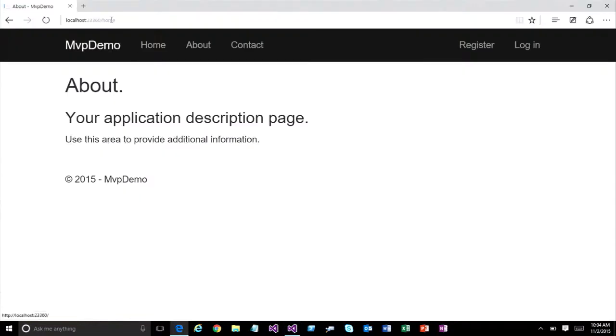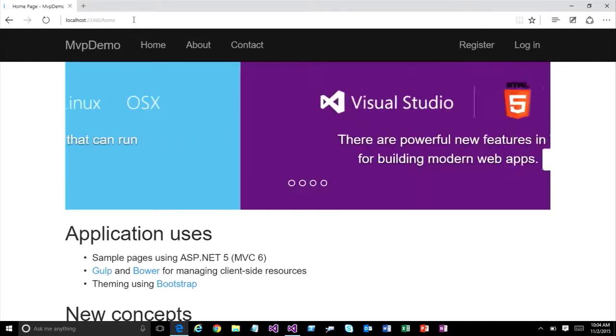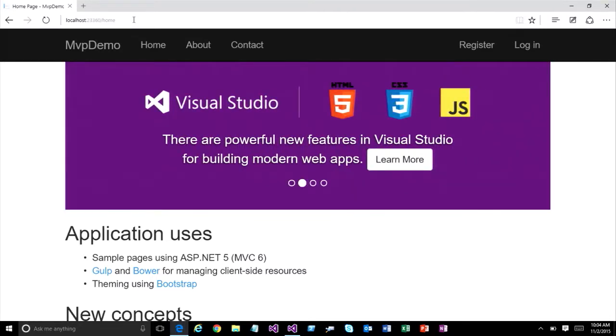But in the new world, if I now browse to home, it didn't hit that route because it didn't go to the about action. Instead, it just went to the next route, and now I'm on the home page. Okay, so that's another difference in how routing works in this world, and we hope that makes things easier because